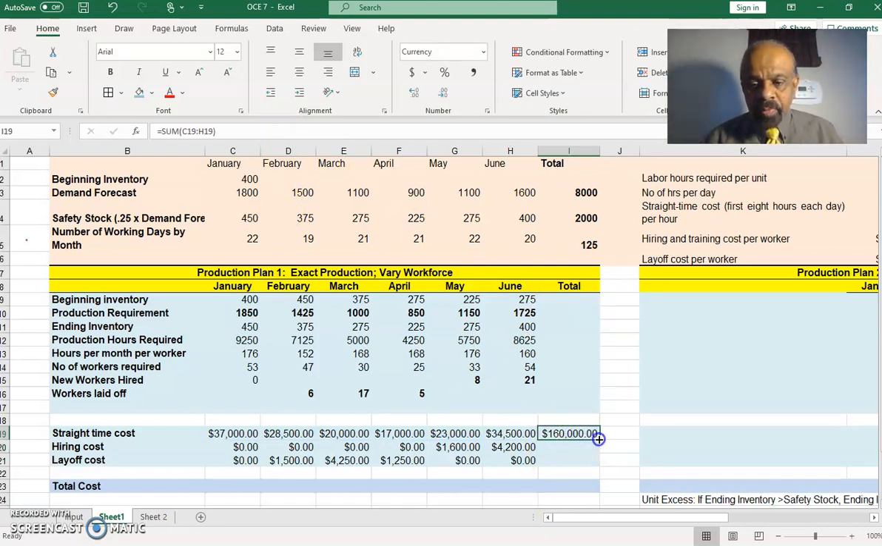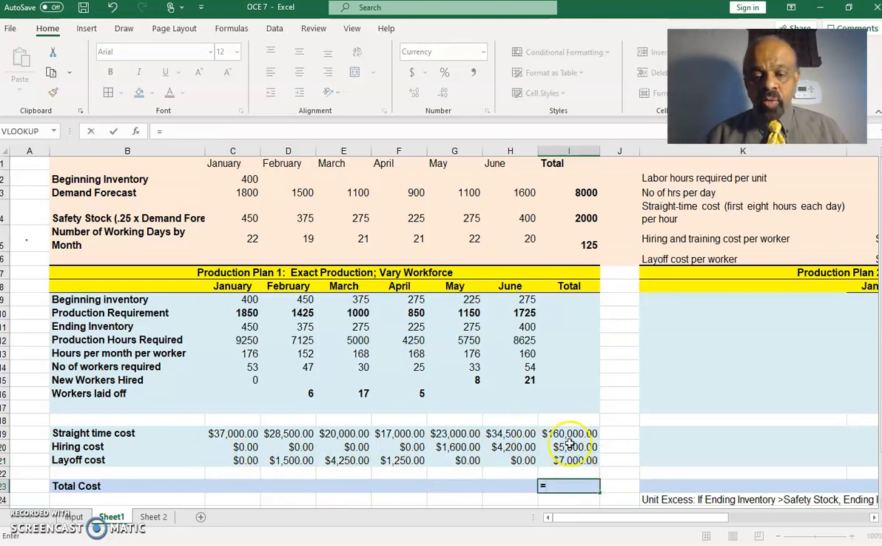I'm going to copy and paste this. So my straight time cost is $160,000. I'm just adding up all these numbers. My hiring cost is $5,800. My layoff cost is $7,000. My total cost is going to be equal to this plus this plus this, which is